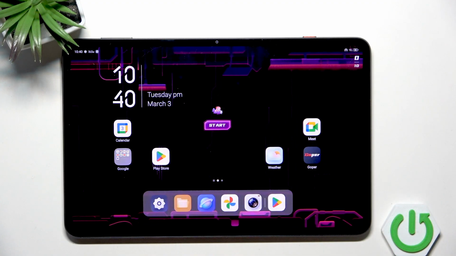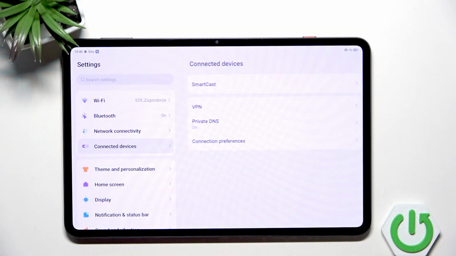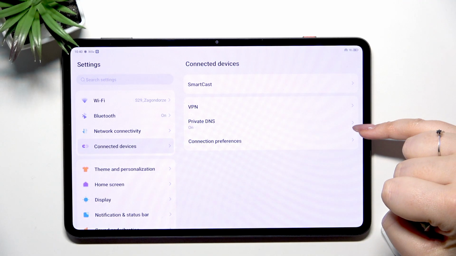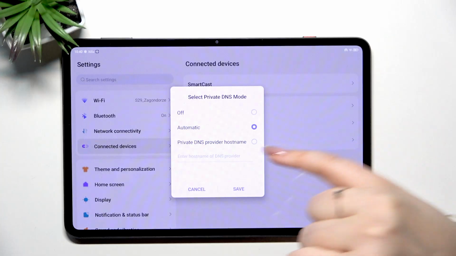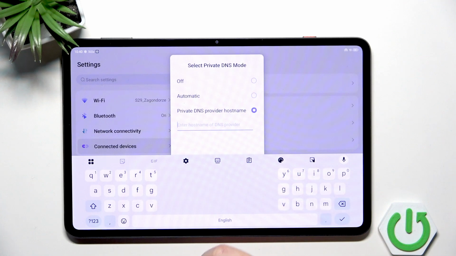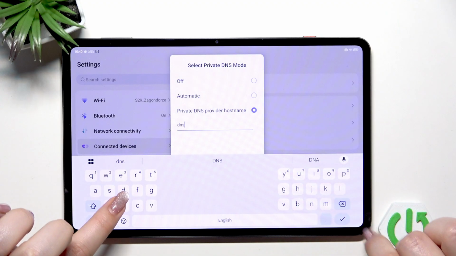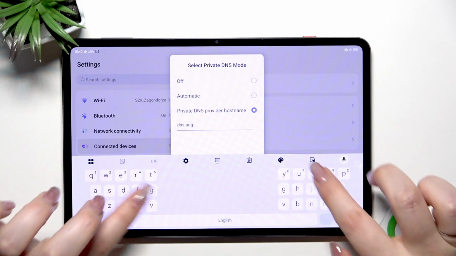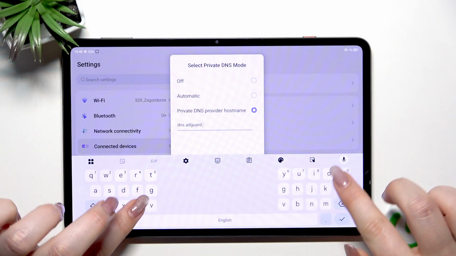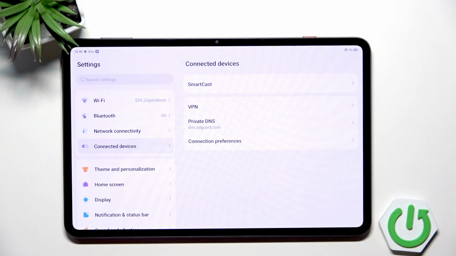So let's tap on the settings icon, and let's start with tapping on connected devices. Here we've got something which is called Private DNS, so let's tap and mark Private DNS provider hostname. Tap on this section here to enter the hostname, and all you have to enter here is dns.adguard.com and tap on OK, save. And as you can see, it has been immediately applied, and basically using Private DNS will limit the advertisements that